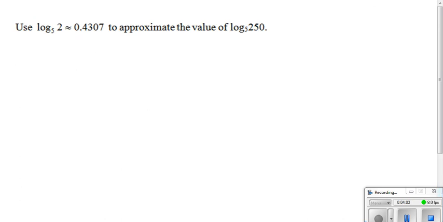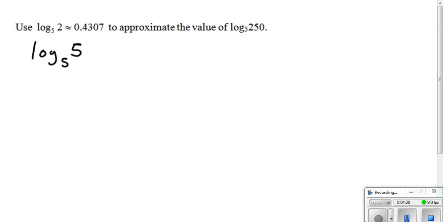Now we're going to look at using known logs or known values to approximate others. In this case, if we know that log base 5 of 2 is approximately 0.4307, how can we approximate the value of log base 5 of 250? Now another thing that doesn't necessarily give you here, but we can think of intuitively, is if we have log